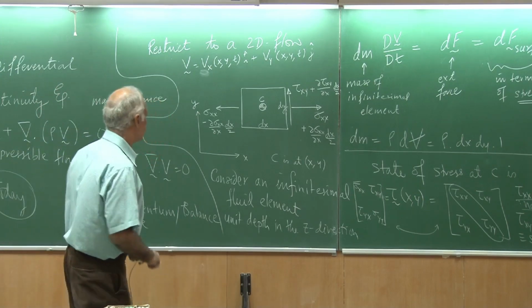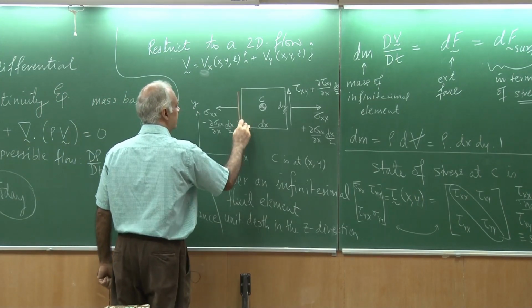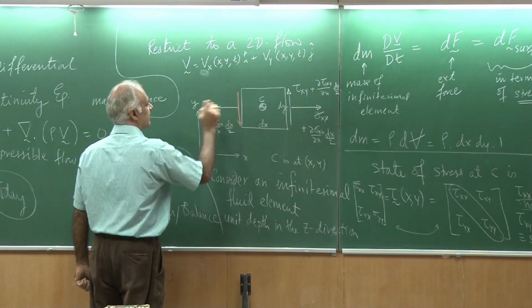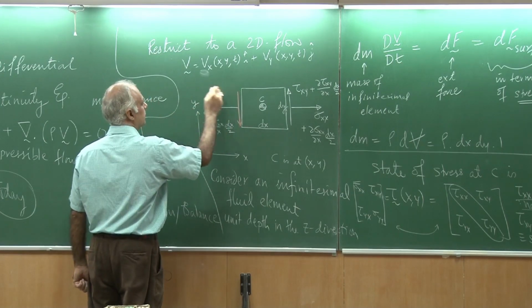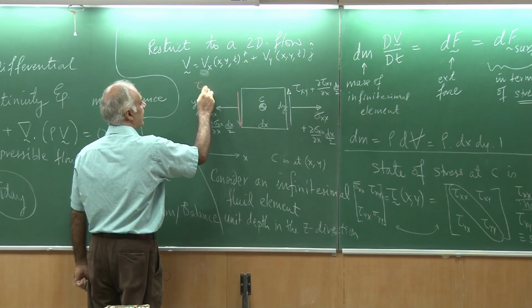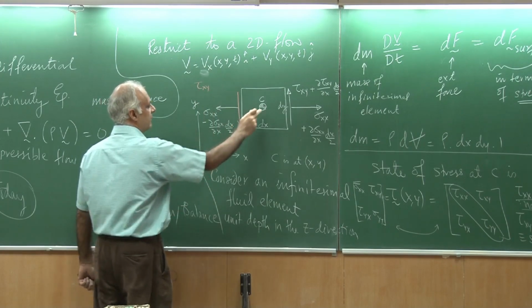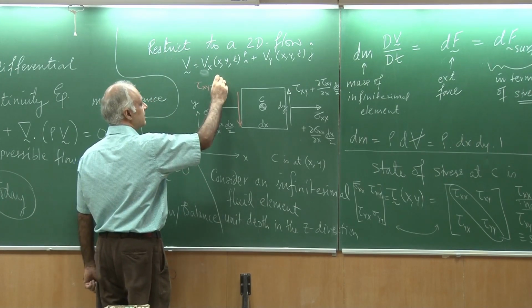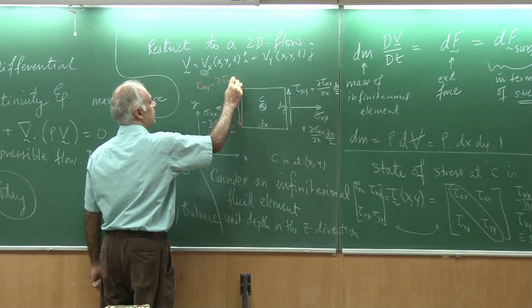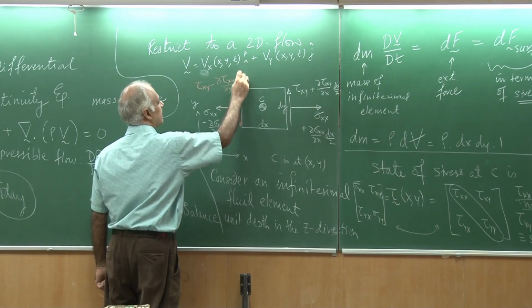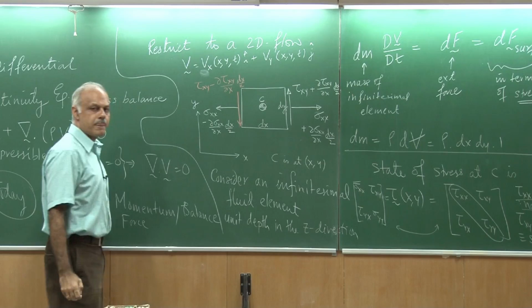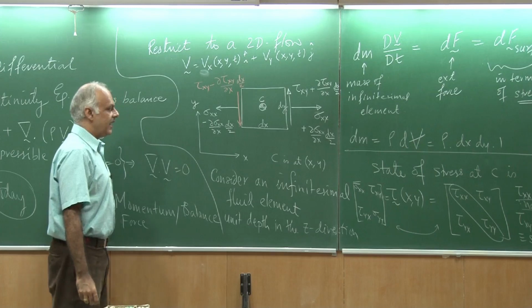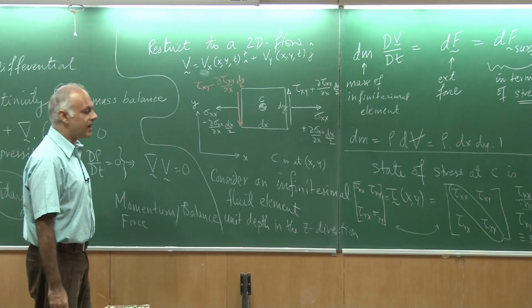Just to make a distinction, this is the shear stress on this face, and that is going to be given as tau xy, but that would be at the center. So I would have to write the Taylor series term for this, which is del tau xy by del x dx by 2. Okay, so that is the state of stress on this face, and I could do the same thing on the vertical faces.